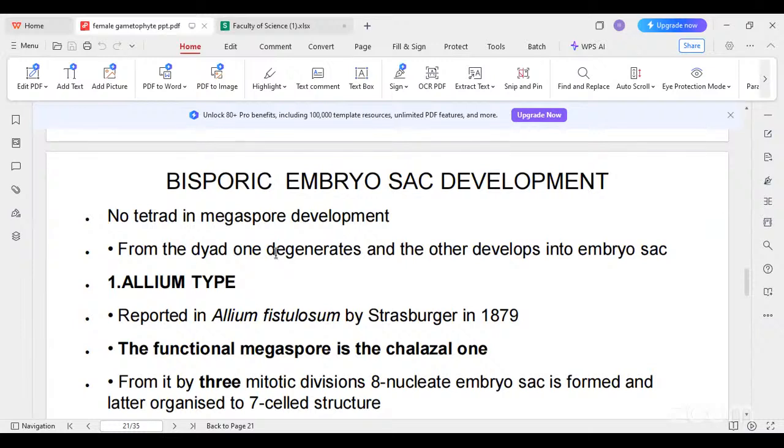Here there is no tetrad in the megaspore. In the megaspore, the tetrad structure is absent. From the dyad, only one degenerates and the other develops into the embryo sac. Again, this bisporic embryo sac also has two types. One is the Allium type. The second one is